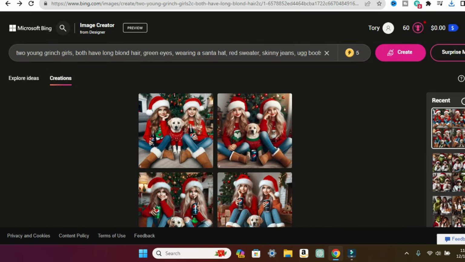Let's do one more. So let's do a family photo. Let's do a family Grinch photo. A family Grinch photo. See, this one actually didn't do the Grinch. Maybe we need to do Grinch a little bit more, but it does have the Grinch sweater. It's still cute. It's still so freaking cute. Okay, family Grinch photo. And let's do mom